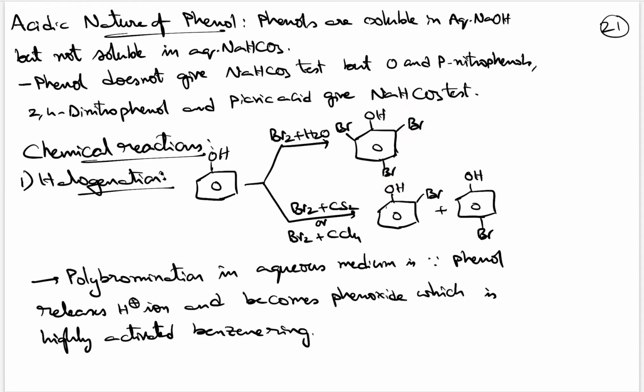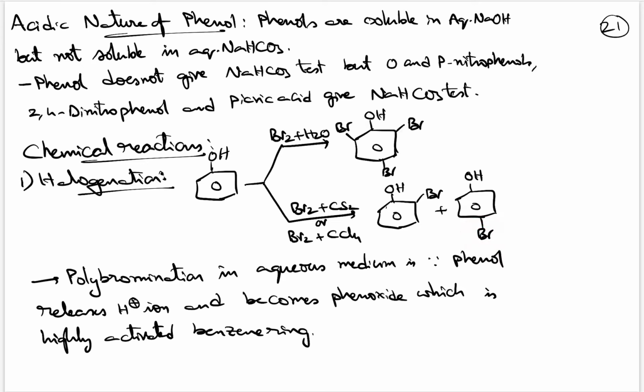But if you want monobrominated product, 2 possibilities are there. Either you have to decrease the reactivity of the benzene ring by functional group protection, or change the solvent from a polar protic solvent to a non-polar solvent. Okay, we will be getting mono substituted phenols, and para product will be major in general in comparison to ortho product, because in para steric crowding will be minimum.